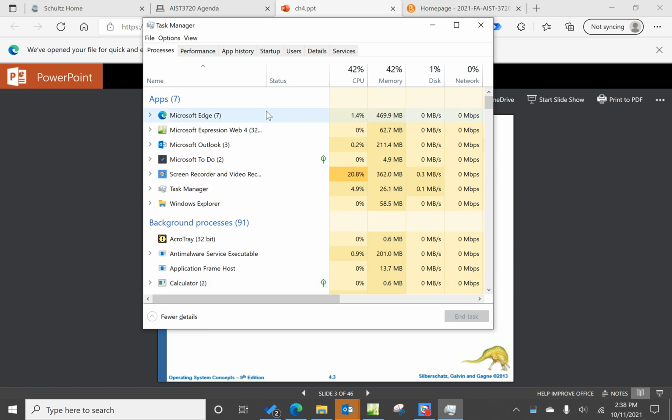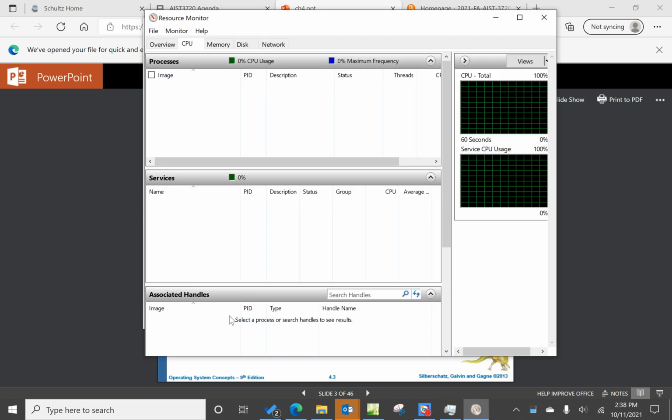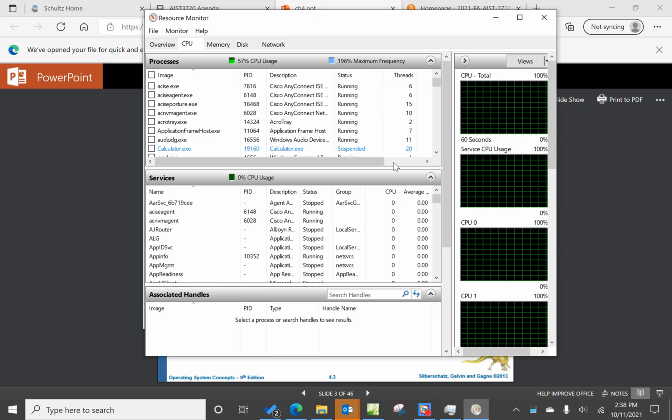If you want to see some threads in action on a Windows PC, or in your Windows Server VM if you're on a Mac, and there's ways to look at this in Macs, go to the Performance tab and open up the Resource Monitor and get on the CPU tab. You can see a lot, including how many threads every process that's going has open. So you can think of a thread a little like a subprocess